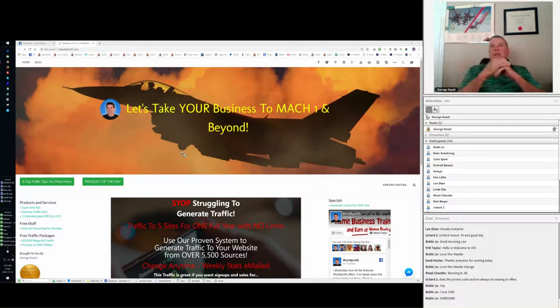You could see that I've got my jet here ready to take you to Mach 1, and I thought that was really nice to be able to do something like this where you're going to have unlimited graphics capabilities for your header and everything. Believe me, you don't need to know how to design or anything. It's going to be magical. So what I'm going to do is first give everybody an overview of the program,